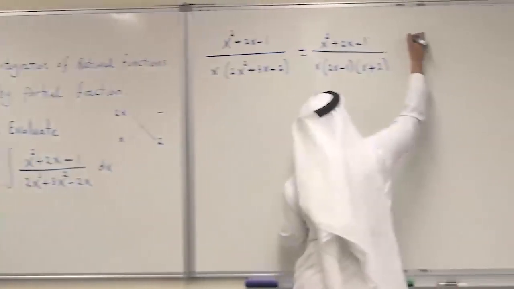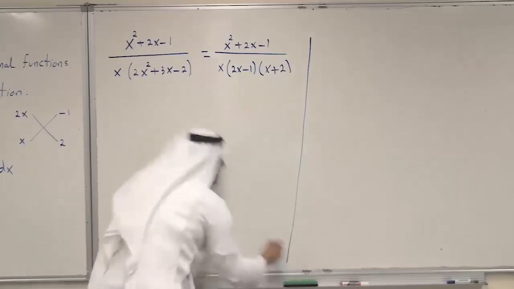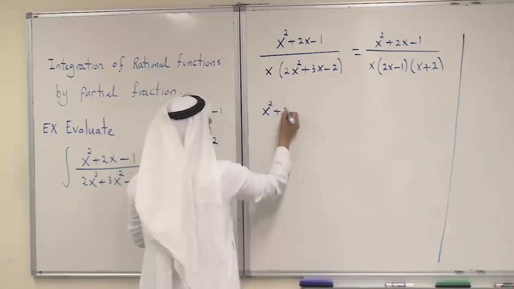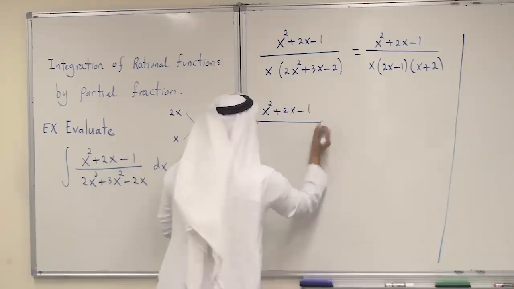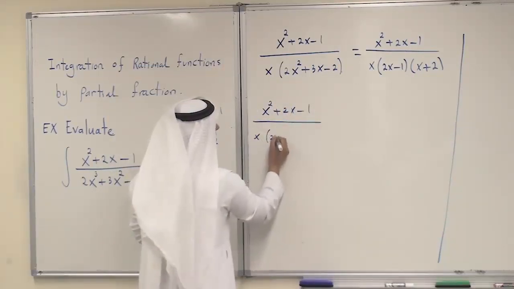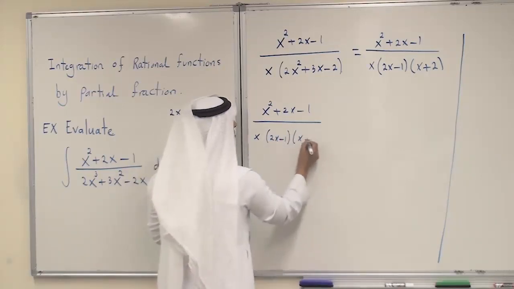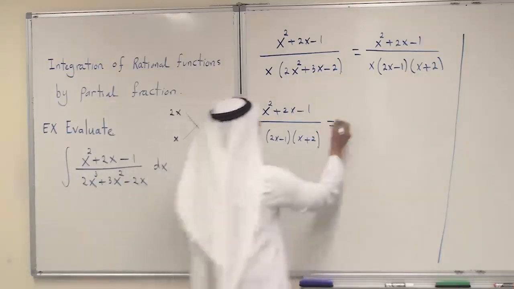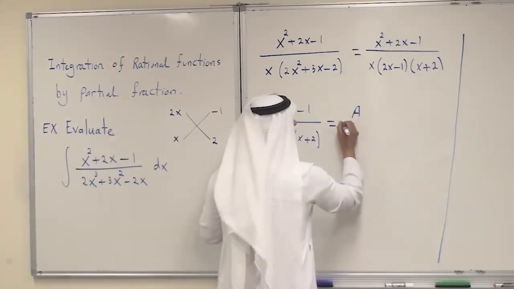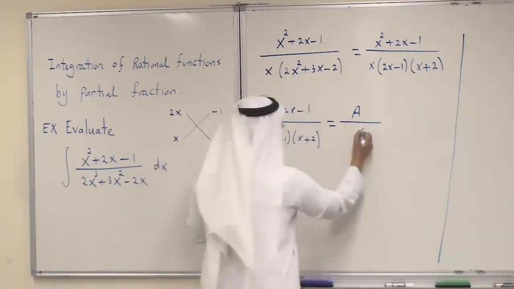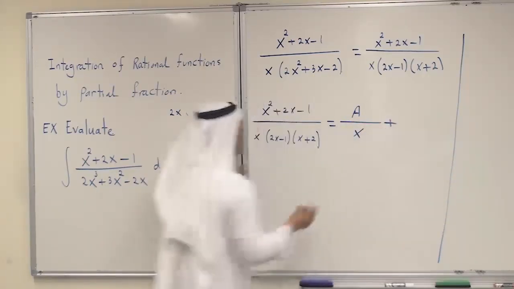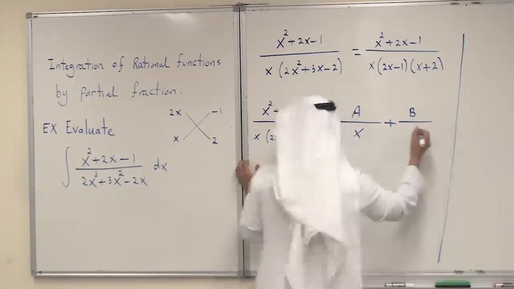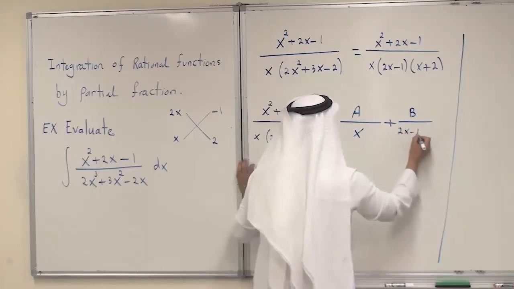Now let us come to the partial fraction decomposition form. The partial fraction says that always you can write x squared plus 2x minus 1 all over x times 2x minus 1 times x plus 2. You can always rewrite this one as follows. You need a constant, you call it a, for example, all divided by the first factor, that is x, plus another constant for the second factor, you call it b, for example, and then divided by 2x minus 1 plus